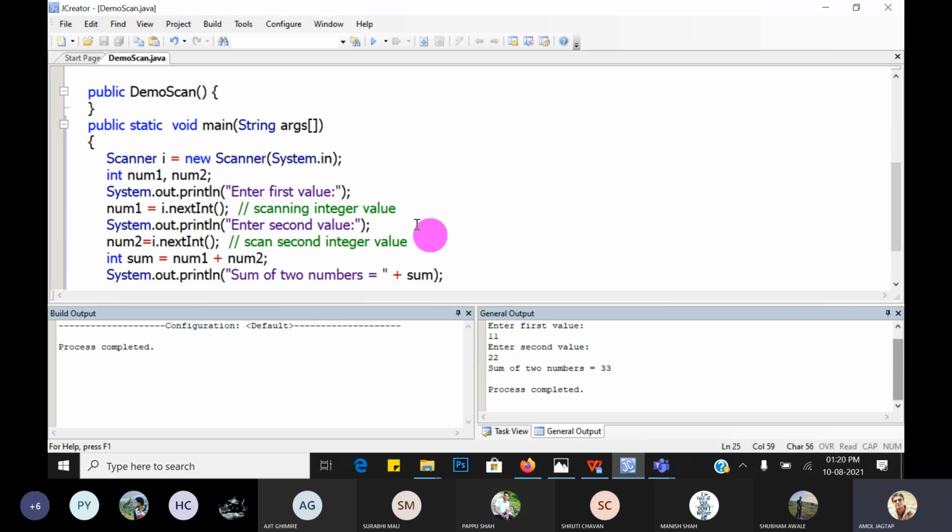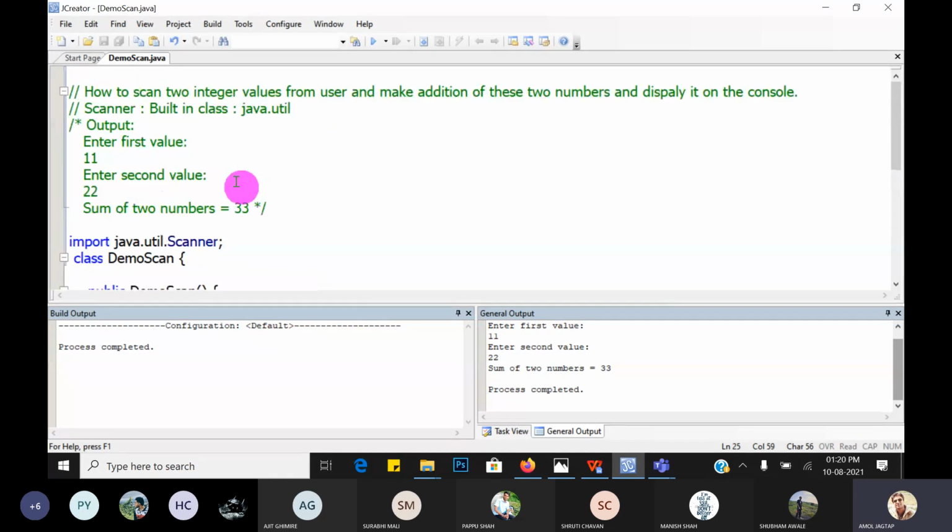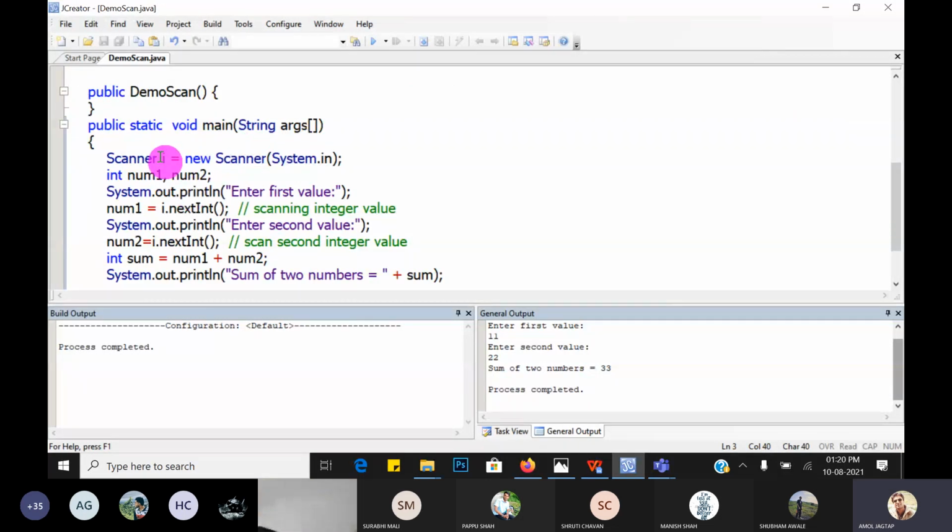Okay, before that, I will explain again. We have to scan any type of values from the user by using the Scanner class. Scanner is a built-in class present in the java.util package. In the Scanner class, there are different methods: nextInt, nextDouble, nextLine, nextFloat. Each time nextLine returns a string, nextDouble returns a double value.